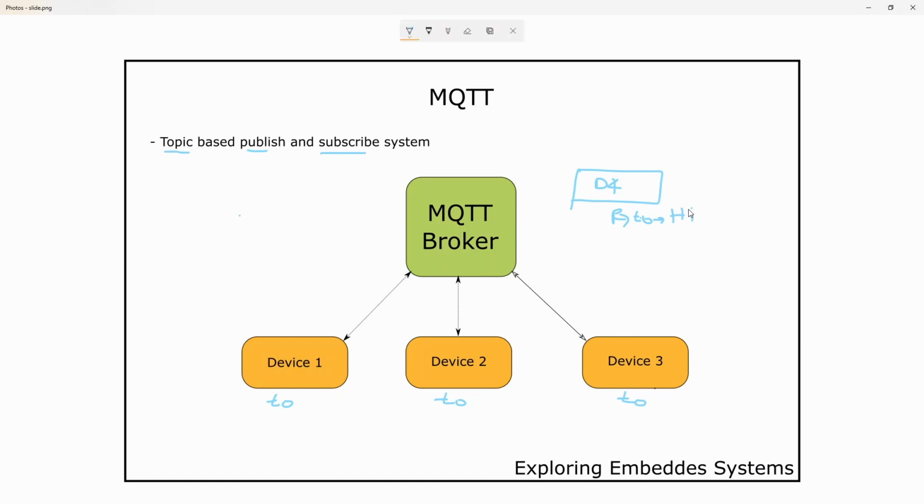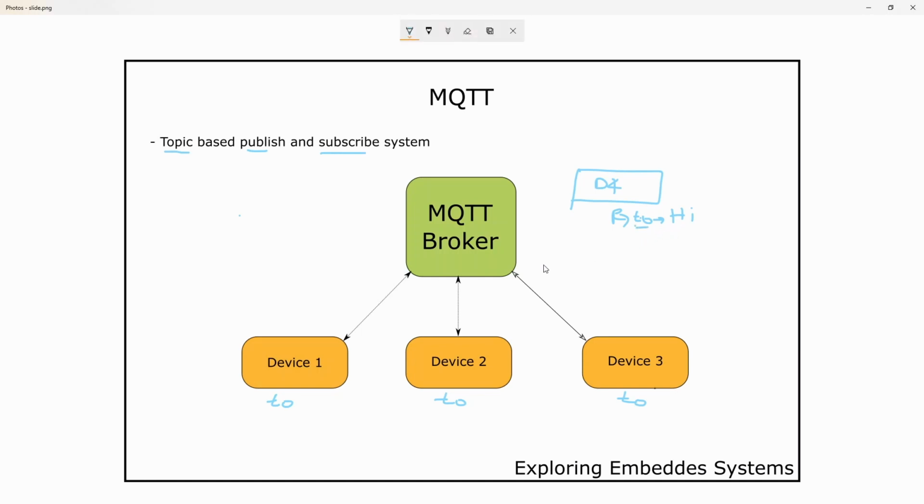hi. Before publishing, it has to be connected to this MQTT broker. Once you have connected to the broker, you can publish or subscribe on any topic. Now after the connection, let's assume D4 is publishing on topic T0 and the message is hi.